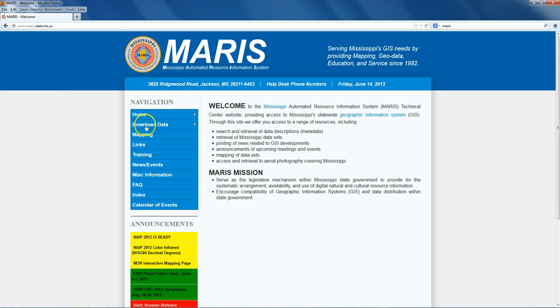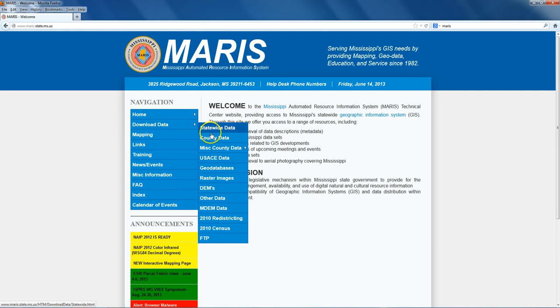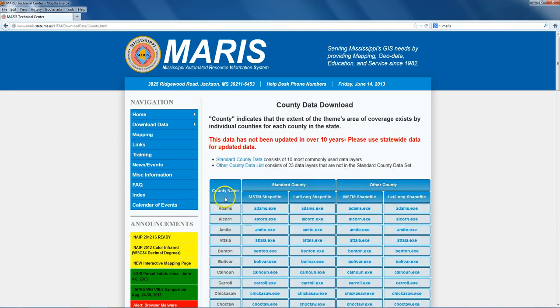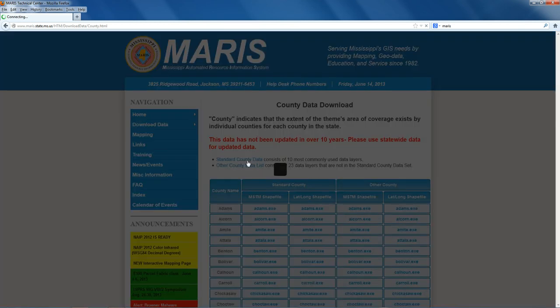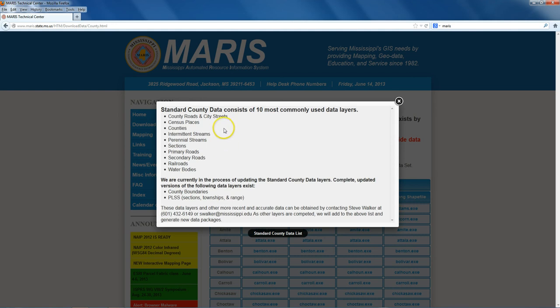So I'm going to go to the download data link and to county data, and what we see here is a list of each county, and they have standard county data sets and other county data sets. If we click on these links up at the top, it'll give us a definition of the data sets available within these download files. I'm going to click on standard county data here, and we can see that the 10 data sets are county roads and city streets, census places, etc., etc. So I'm going to close that,